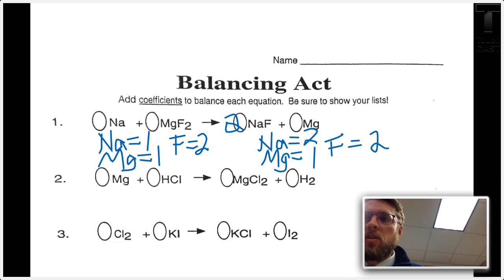Now what I'd like to do is go back over to the other side and change the numbers that I need to change to make sure it balances out. My fluorides are already balanced, my magnesiums look good, but I need 2 sodiums on this left side, so I'm just going to add in a number 2. Okay, take your own crack at number 2 right here and click the next video to see the